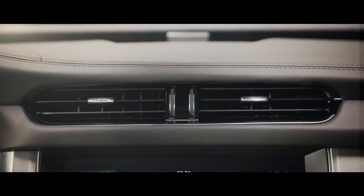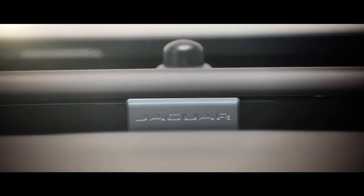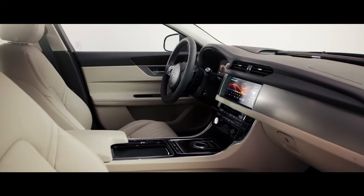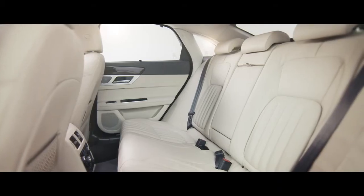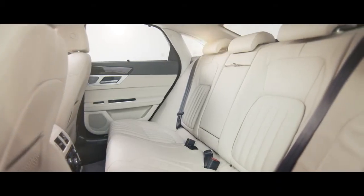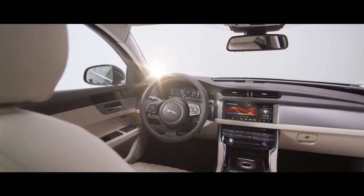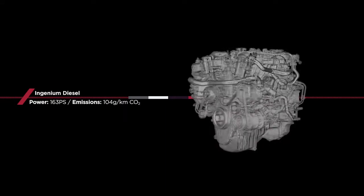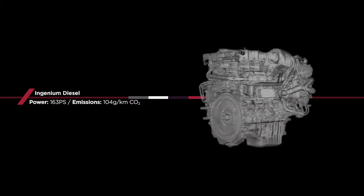Chris, the new XF is absolutely cutting edge in terms of engineering and technology as well. It really is, and it starts with this aluminium intensive architecture, which leads the car to be 80 kilos lighter than the competition. And this also has enabled us to develop a car that is not only beautiful on the outside, but also cavernous on the inside with class-leading legroom and knee room. It's also allowed us to add a lot of features and technology into the vehicle without compromising our target of class-leading efficiency. So not only have we delivered 104 grams, which is the best non-hybrid efficiency number in the segment,